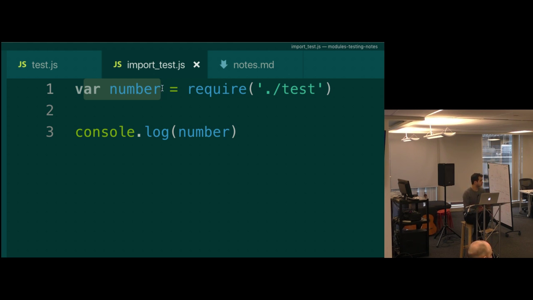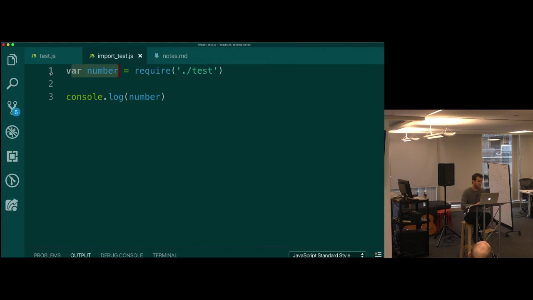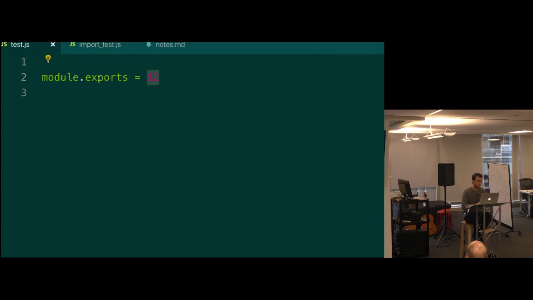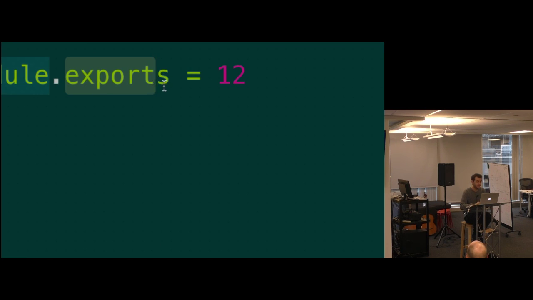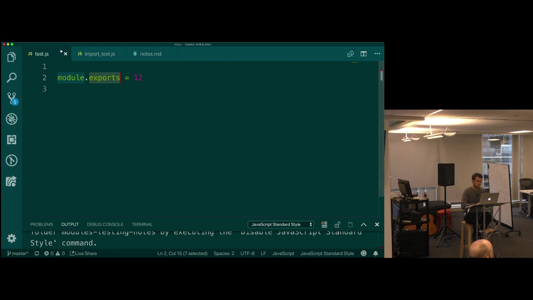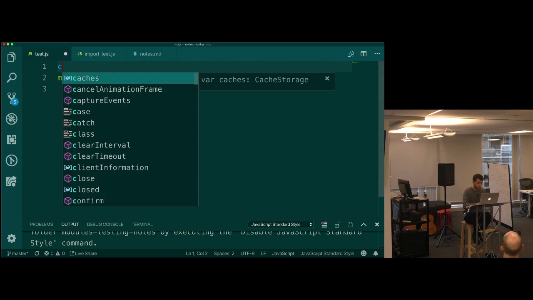Why doesn't it pull in any of the other information that Node created in the module? Why does it only pull in the stuff that you've written? Yeah, so it'll only import everything that's inside of exports. So if you wrote a console log below it of something, just hello, it wouldn't pull in hello because that was not in it.